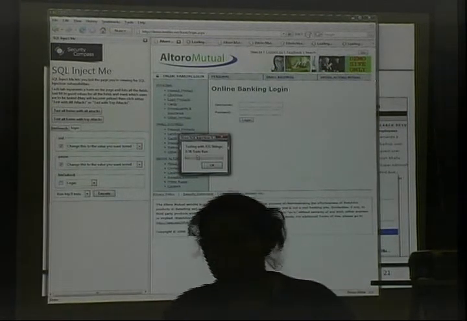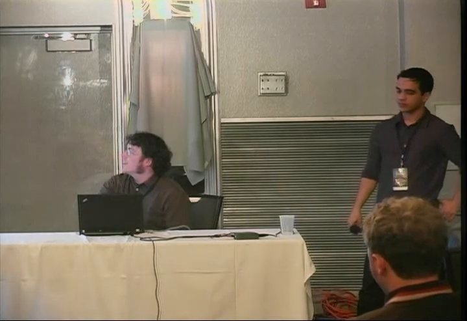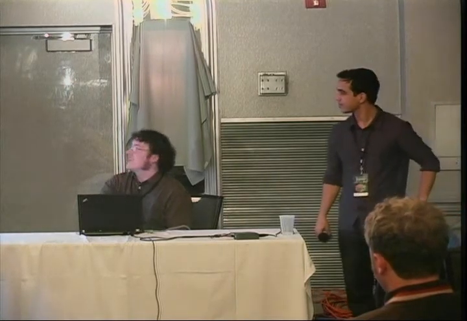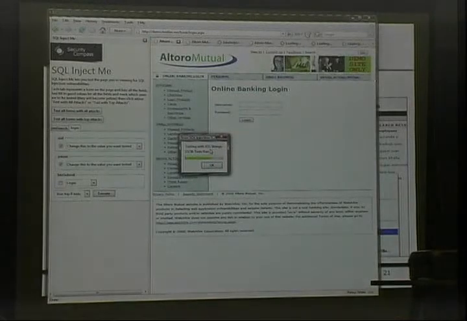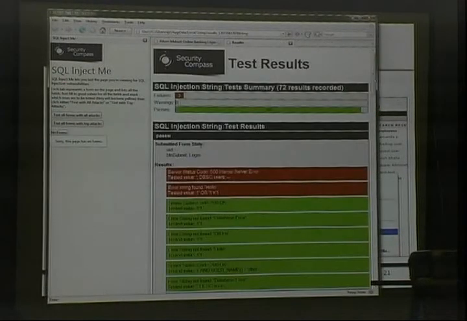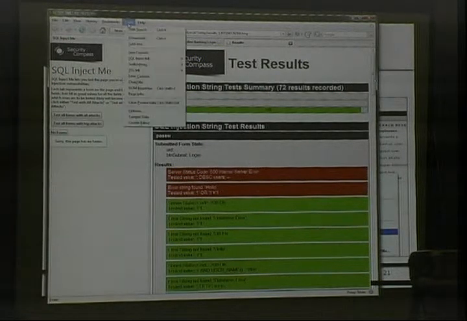And it will go off and it will run SQL. I'm using the beta, as you can tell, and he obviously forgot to change the XSS to SQL Inject. So ignore that for now. And it will go off and run and find certain errors. The thing with SQL Inject Me that's a little bit different from Cross-Site Script Me, when we come and look at the options here,